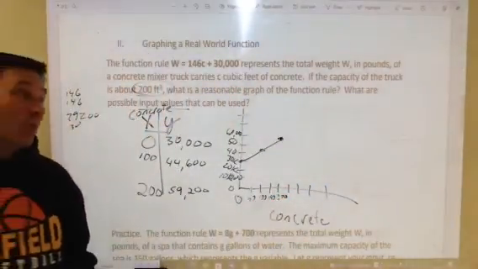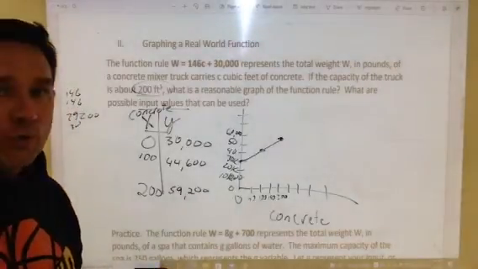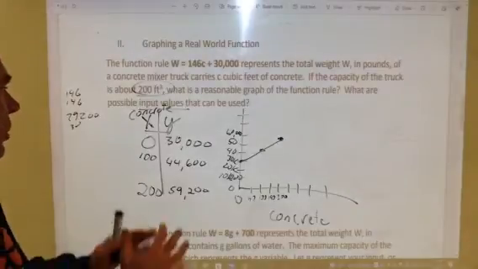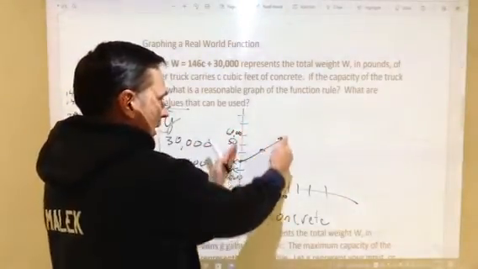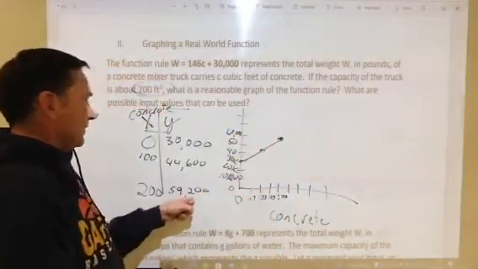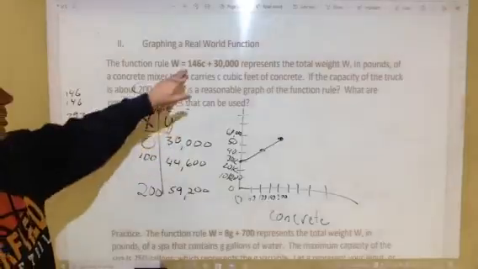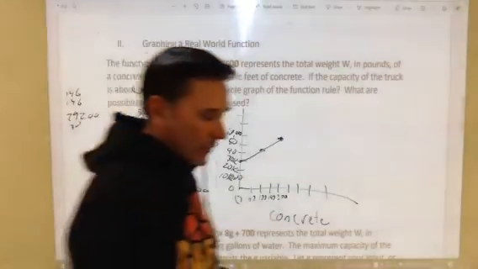So if we try to put more than 200 cubic feet in, our concrete truck's going to start overflowing. So our graph in this case is kind of limited between 0 and 200, and from 30,000 pounds up to 59,200. So we're plugging numbers in to see what the weight of our truck is. And in real life, a truck driver